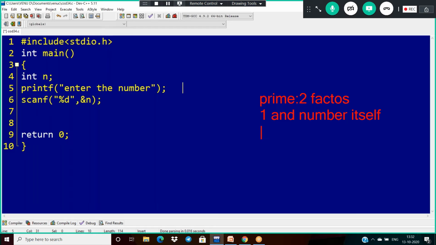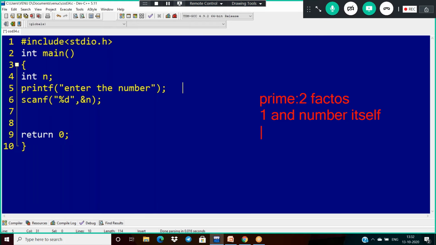So my question is, I have to verify first whether it is a prime number or not. That means here also we need to find the factors of a number, and just find the count of all the factors. Here I have to explain this program with two approaches.